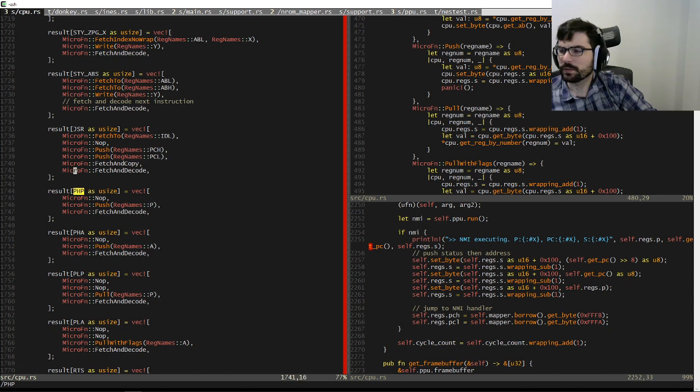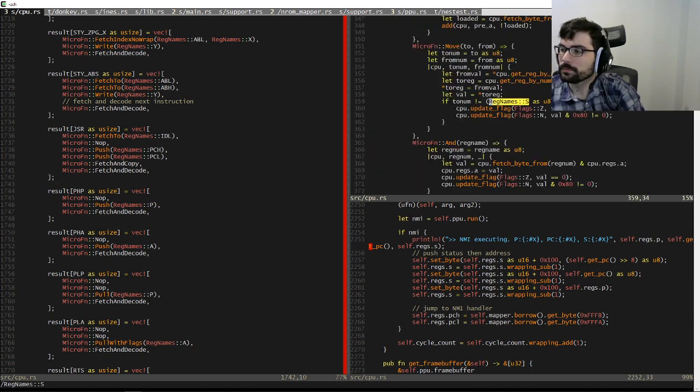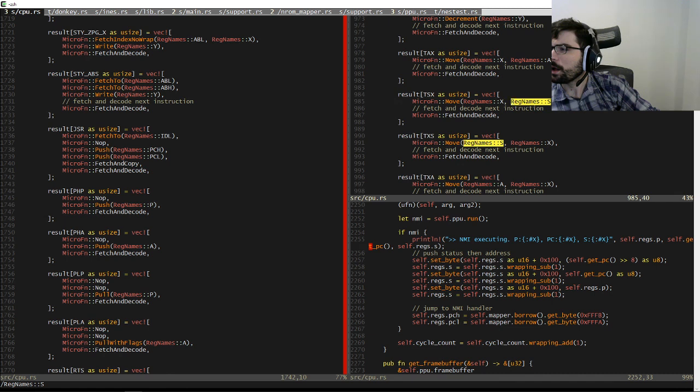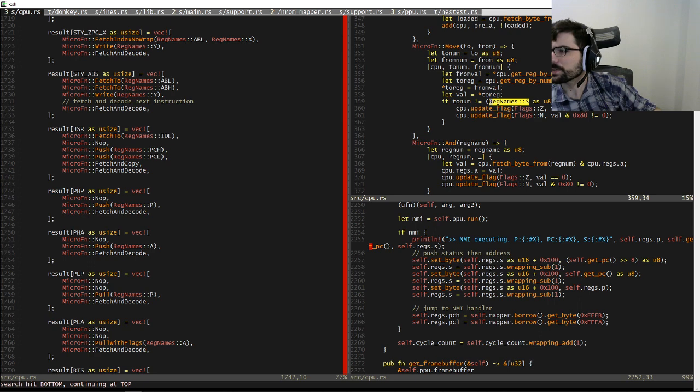I wonder if I'm using S when I should be using P somewhere. That would explain a lot. It could, yeah. Stack to X move. X to stack move. Could be doing it, I guess.